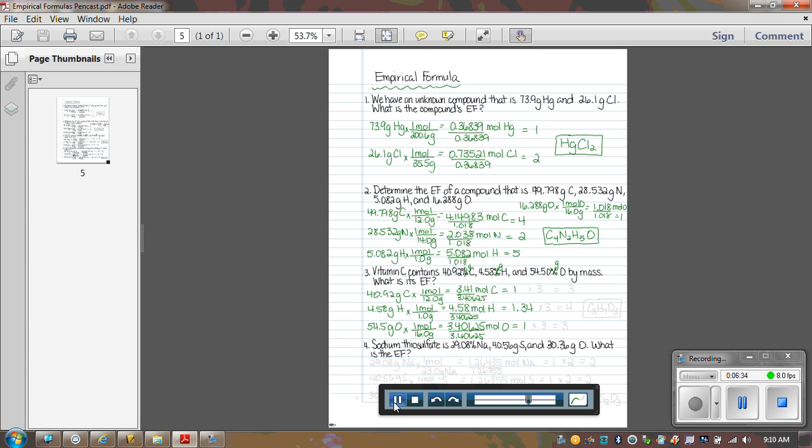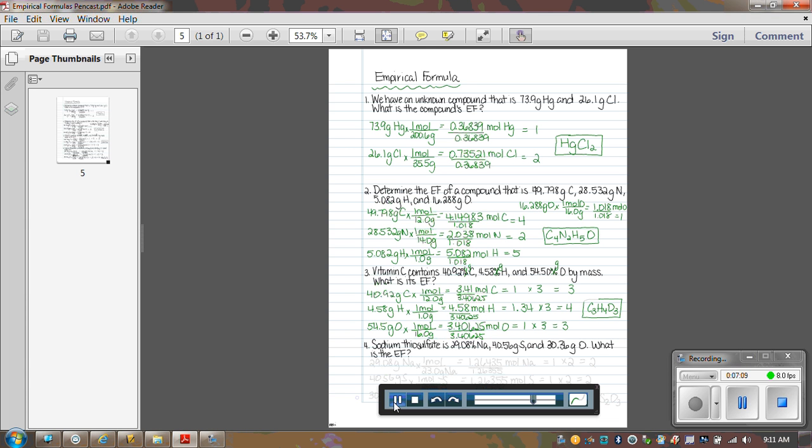Now we need to deal with that value that wasn't within 0.1. Again, if it's within 0.1 of a whole number, round it to the whole number. This one is not. What you need to do is find a value that you could multiply all of them by and end up with whole numbers for all of them. In this case, since 0.34 is essentially a third, the number that we're going to use is times 3. And when we do that, it gets all of our values within 0.1 of a whole number. So this one comes out to be 4, this one comes out to be 3, so you have